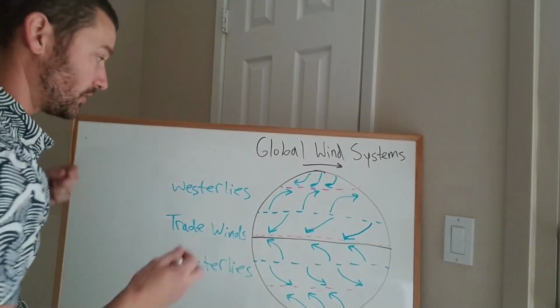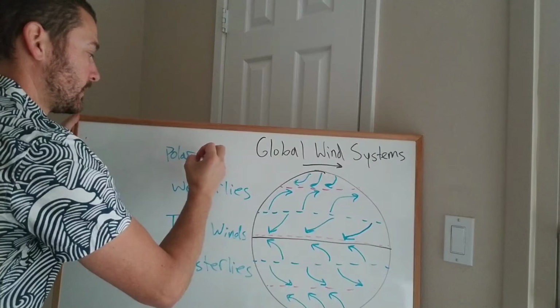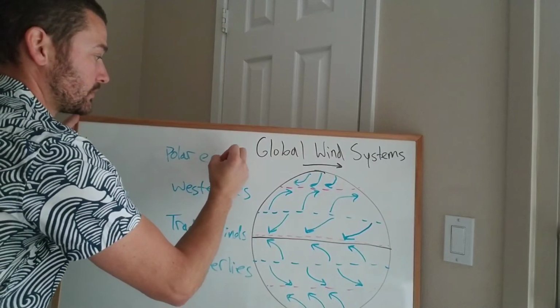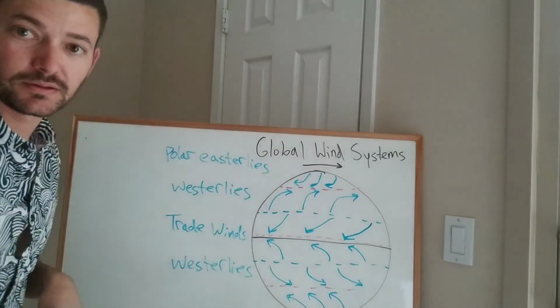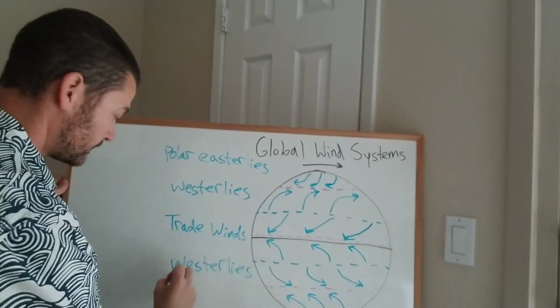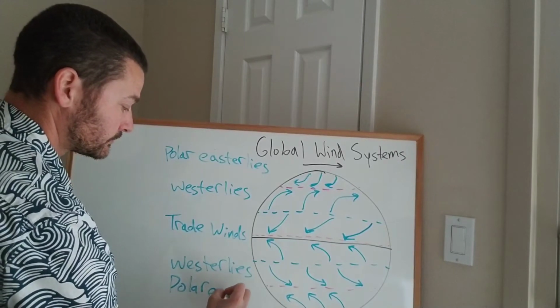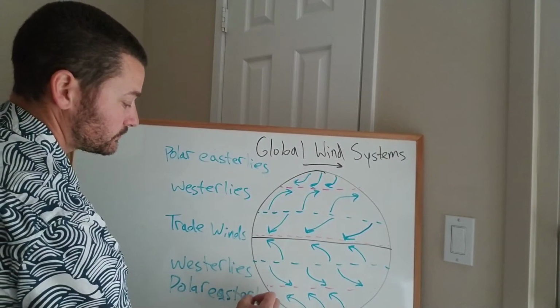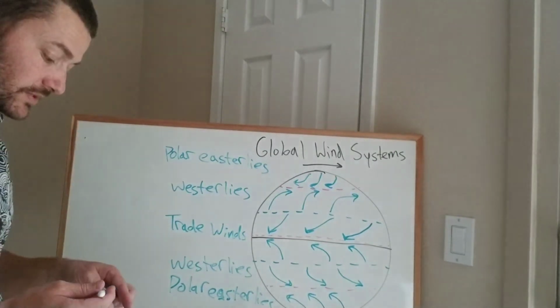And these are simply called the polar easterlies. These are strong wind systems that